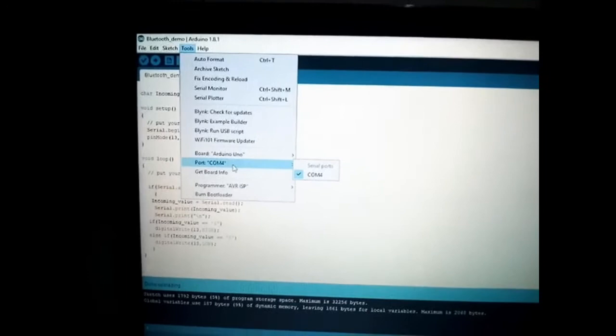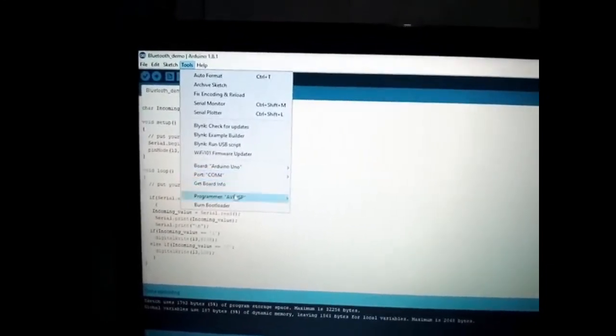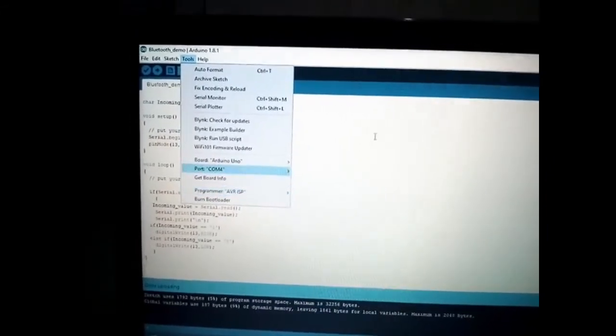In this case I have connected this Arduino board to COM4, that's why I have selected COM4. Once you have done with all these settings, check that your programmer is in AVR ISP mode, and after this you have to upload your program.